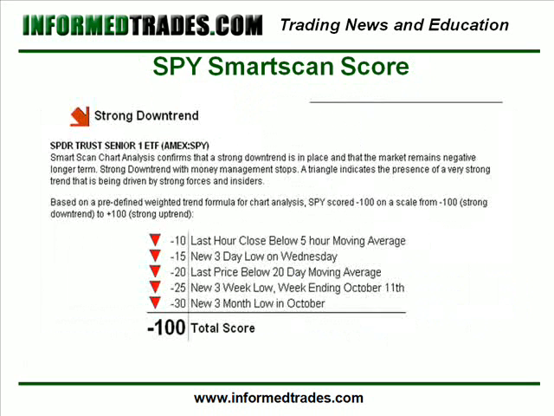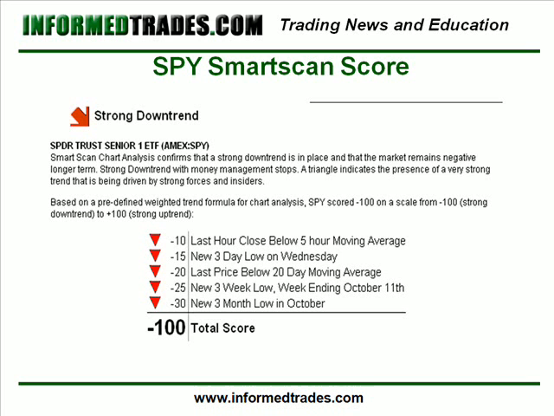Next, I'm going to take a look at the Smartscan Score, which, as you can see in the image here, is at -100, indicating a strong downtrend. This also means that my fourth and fifth triangles are red, which meets my requirement for a short trade. The last step here is going to be to take a look at the charts and see what my discretionary